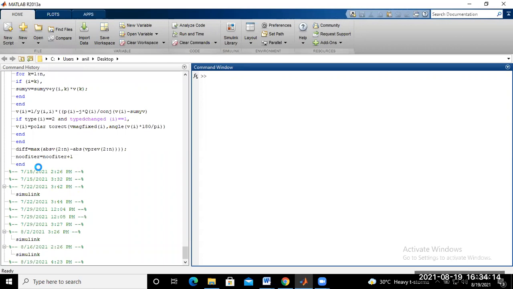A new workspace is created here where we simulate the circuit. It takes some time to create the new workspace.